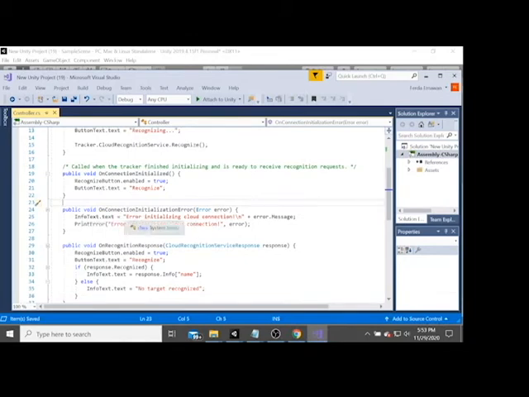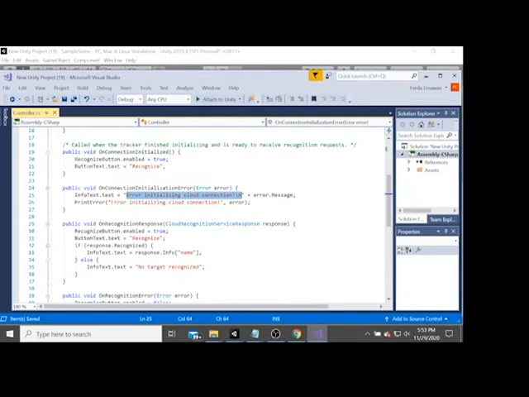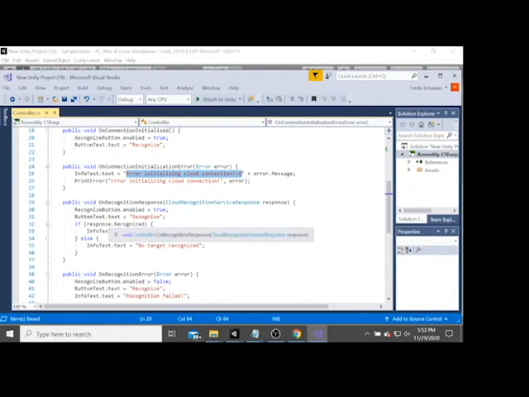We can display the error in initializing cloud connection. And we have another function, which is on recognition response. So if the recognition button enable equals true, button text.text is recognized.